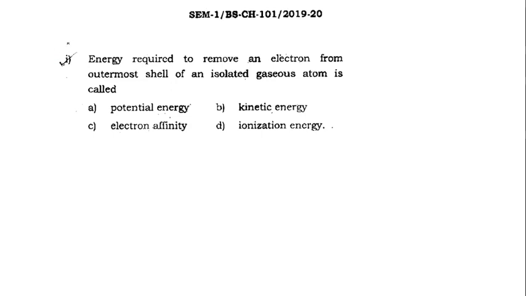So you see the first question that came here in the MCQ. Previously it was 1 mark each, and you have to attend 10 questions from, say, sometimes 12 or 13. This was actually the last examination that was held offline. After that there were no examinations held. See, the question is: the energy required to remove an electron from the outermost shell of an isolated gaseous atom. What is it? We know that it is the energy required to remove an electron, that means it is ionization energy. So D is the answer.